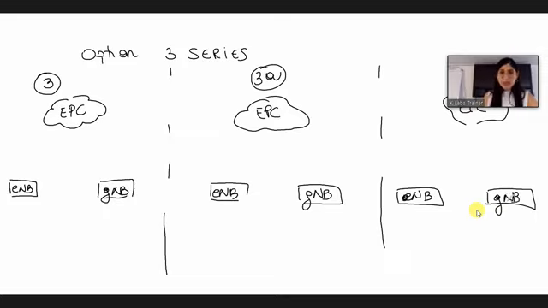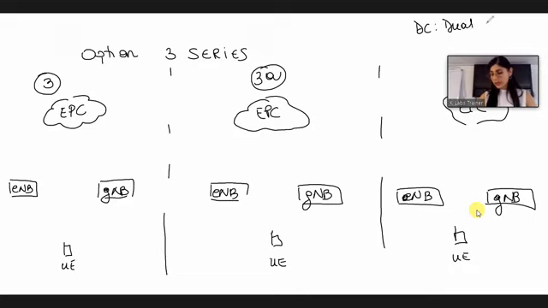So our user equipment in all of these 3 options can communicate with both gNodeB and eNodeB, so with the 5G and also with the 4G network at the same time. This feature is called DC, dual connectivity.